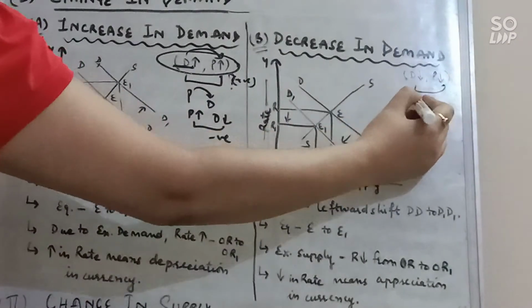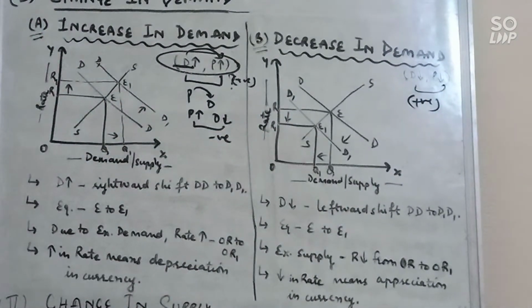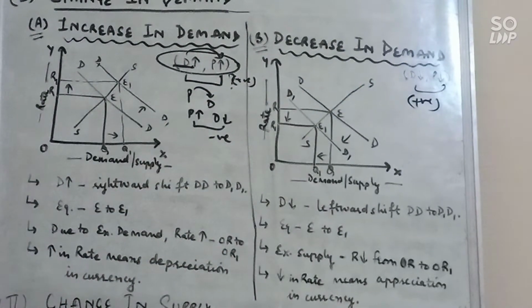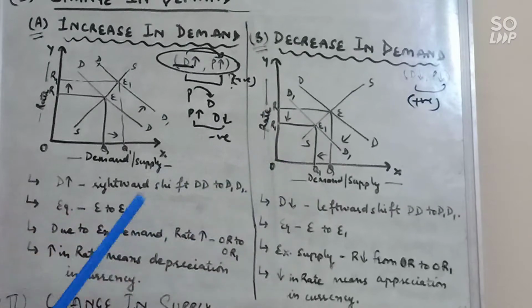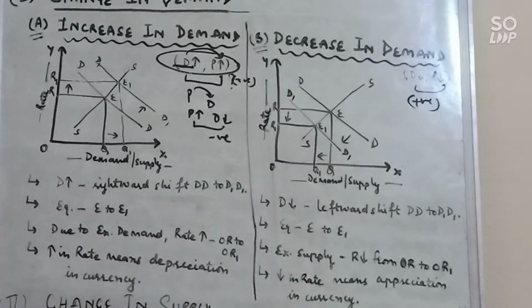Why do we know now? We know why it shows the cost relation, because here we are doing the effect of demand on price. Done? Clear? When you make the diagram, you will automatically get the answer that rate will increase or decrease. If you make the correct diagram, automatically you will get the correct answer.